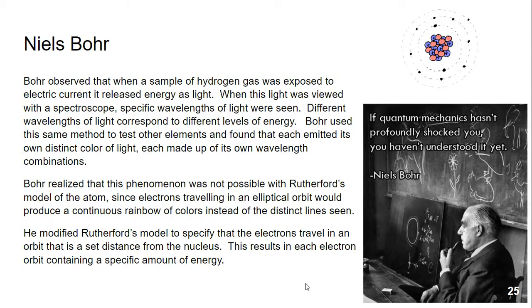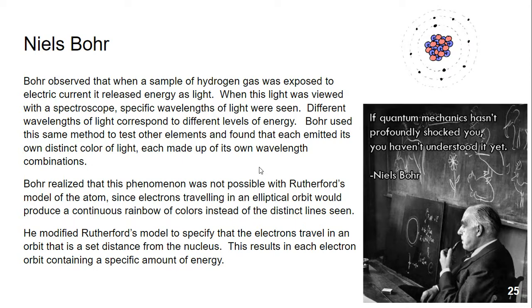And as the electricity passes through it, it will emit light for the same reason that the metals emitted light in the flame test, because the electrons are being bumped up to higher energy levels by the energy in the electricity or the flame. And as they fall back down to their resting energy levels, they release that excess energy as light. Bohr used the same test in order to study elements and found that each element emitted its own distinct color of light. So he was able to study all different elements in the periodic table, and he noticed